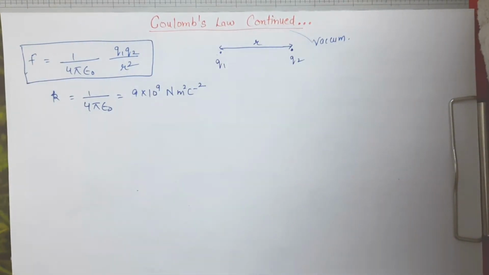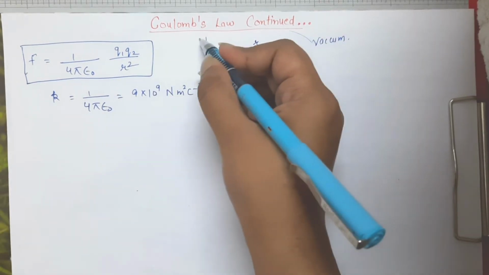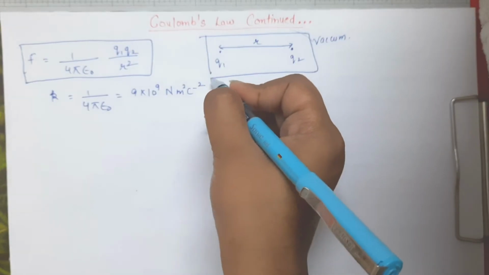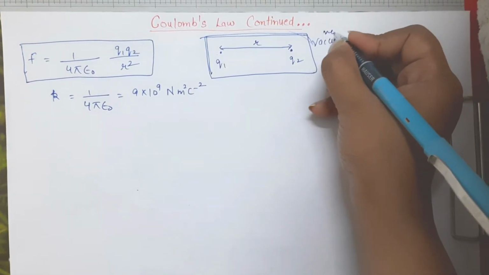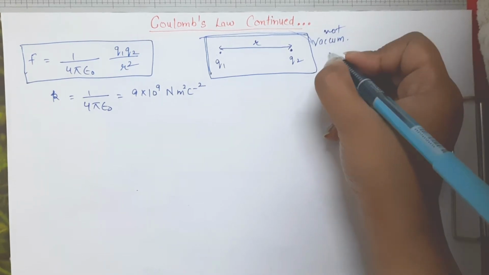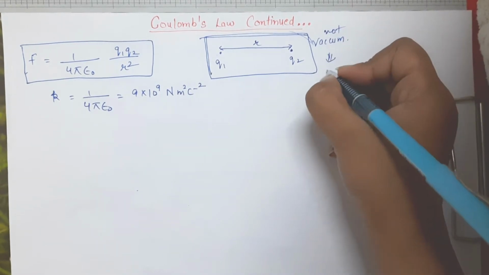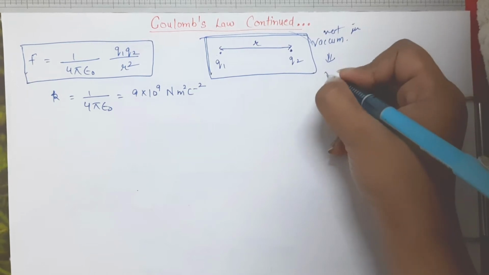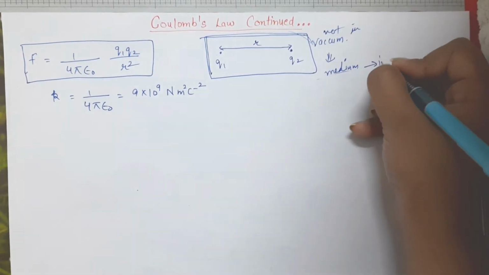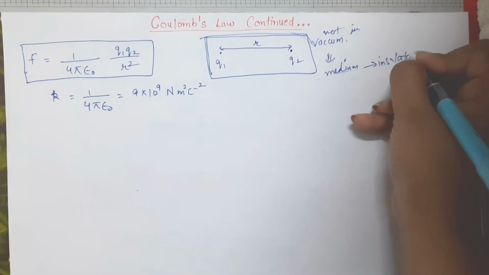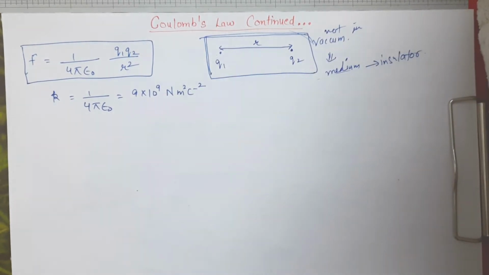But now what we have to discuss is when we are having some medium, right? This is a system and it is not in vacuum, it is having some sort of a medium. Now this medium will be an insulator, right? It will be an insulated medium. Now